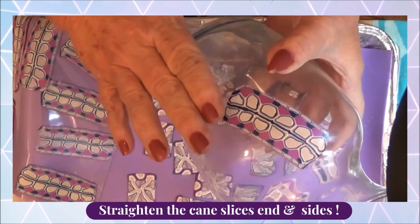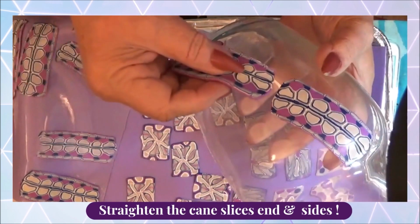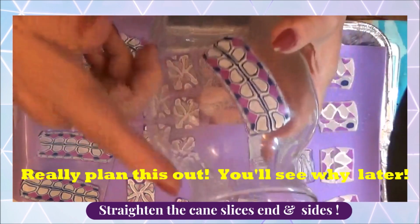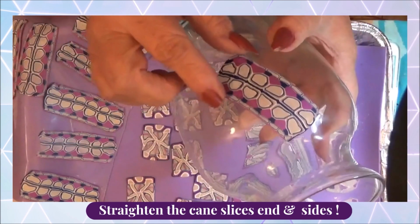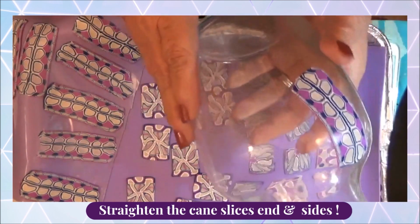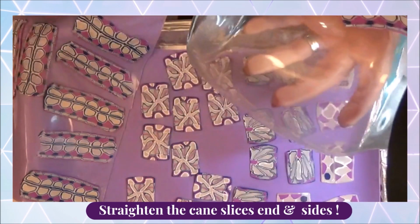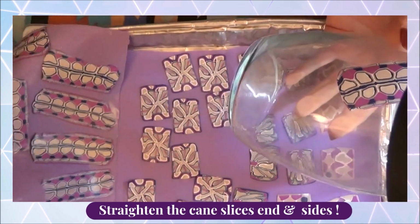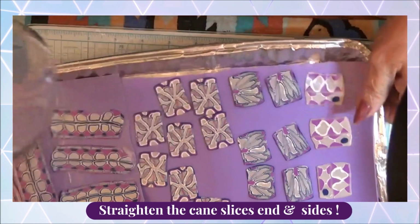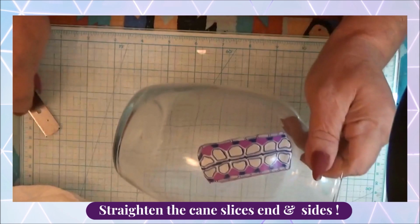Okay, what I want to do is lay this at an angle instead of going just straight up and down or around and around. So I want all of my cane slices going at an angle, and it's going to take some manipulation to do it. Just make sure you have enough cane slices to do it with. Okay, let's start here. I'm going to do two things. I'm going to have to move this out of my way. Okay, I want to put all these canes at an angle